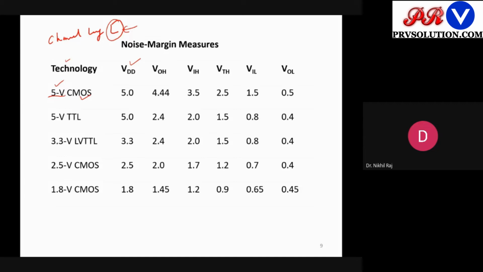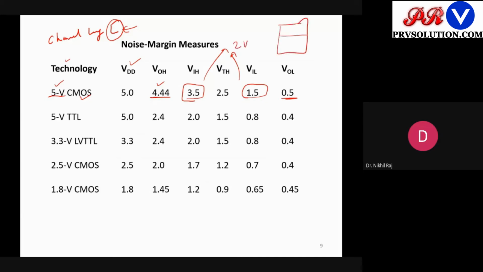Then after this device fabrication, they go for different calculations of what the weak 1 value will be, that this much voltage you can consider as logic 1, and this voltage you can consider as logic 0. So they have given the fluctuation, that this much is the tolerance level. In addition, maybe due to some noise there will be some disturbance to the voltage, so you can consider up to 3.5 volt as logic 1 and 1.5 volt as logic 0. Now you see how much is the uncertainty region here, that is 3.5 minus 1.5, nearly 2 volt.